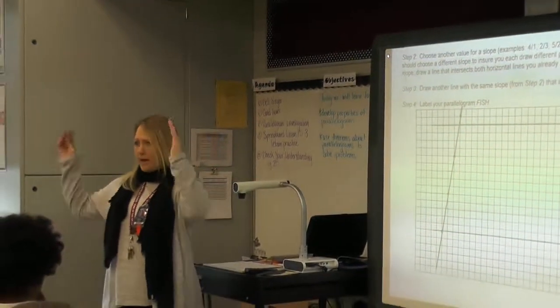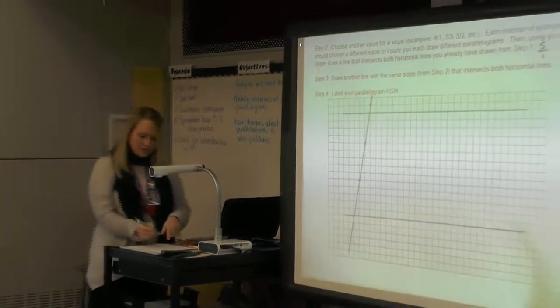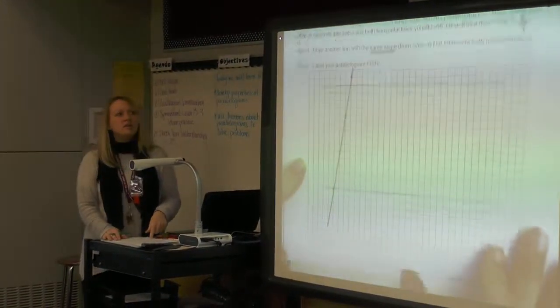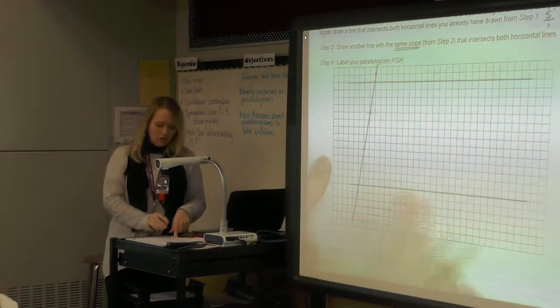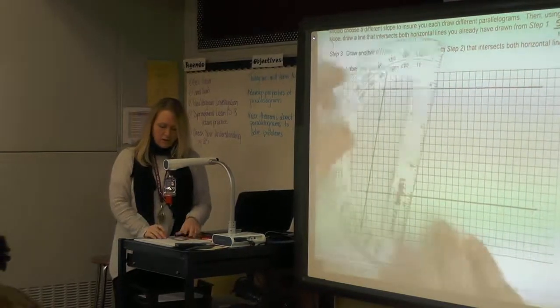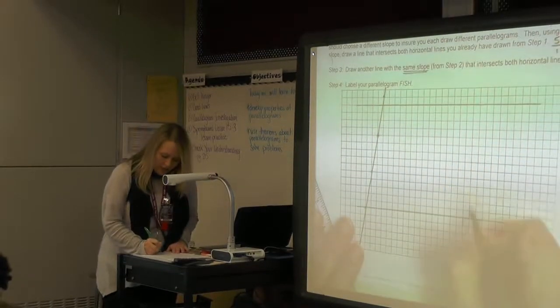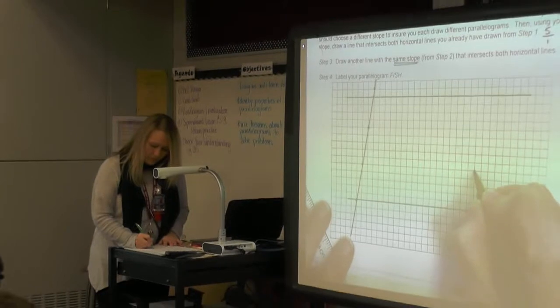Remember, we're making a parallelogram. We need 2 parallel lines, another pair of them. So we need to make another line that's parallel to this. So if we read step 3, we need to draw another line with the what? Same slope as step 2. So I chose 5. Somewhere on here, I'm going to draw another line with a slope of 5. So you can start anywhere. Maybe it's kind of close to your other marks. Maybe you're going to move it a little further away. I can pick a point anywhere on here, and again, use that same slope